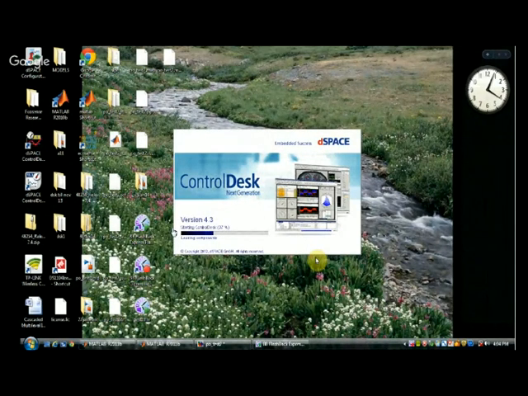So इस केस में आपको CRO कुछ भी नहीं चाहिए. You can have all the data here itself. You can see that, monitor it, and you can record it. And you can do analysis, everything you can do it here. Okay, आप Excel में भी data लेके जा सकते हैं. So this control desk is a real-time environment to see the data and it is given by DSpace itself. So first what you have to do, you have to run your program, then flash that program in the DSpace and .sdf file which is created, you have to call here. That is what you have to do.